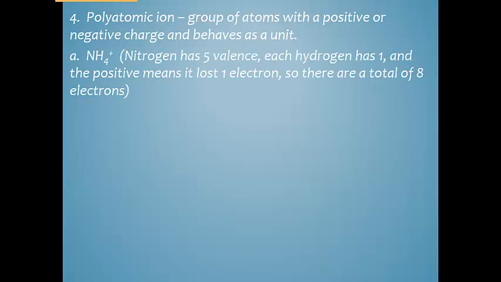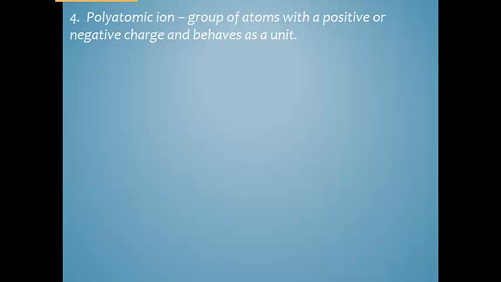formulas. So first of all, we need to remind ourselves that poly means many, so this is a group of atoms, at least two or more, and it has a positive or a negative charge. Most of them are negative, but we do have the one positive one. And it behaves as a unit, so it's one group of atoms, and we can't change the amounts of oxygens